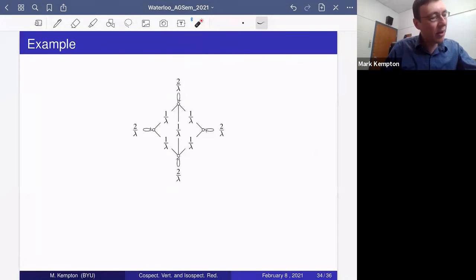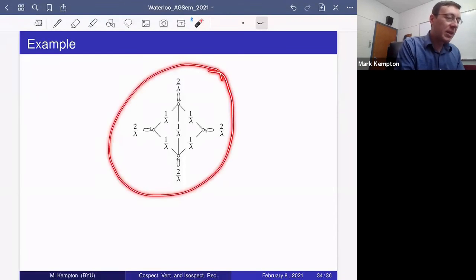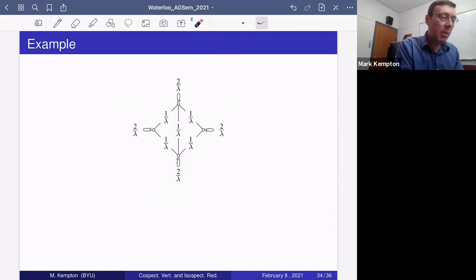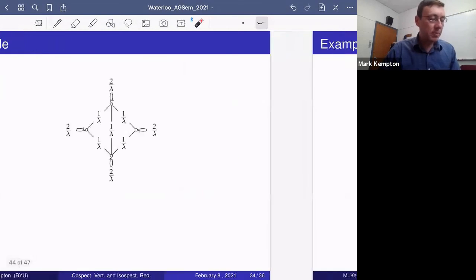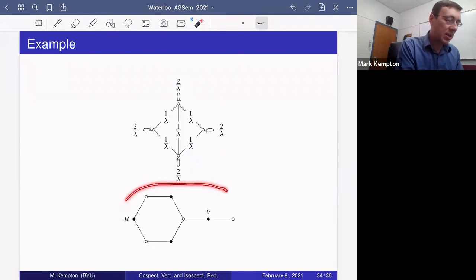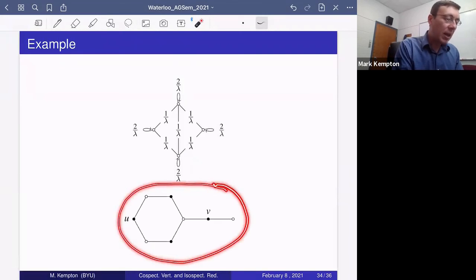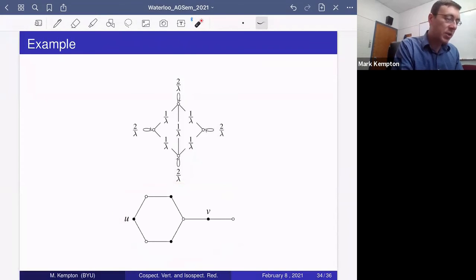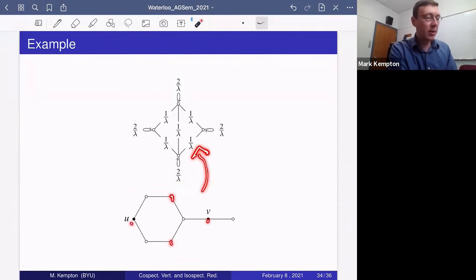Just a couple other examples, and I'll be done fairly quickly. So here's another example of something with some symmetry. Imagine you're starting with this reduced graph. Then you can think through the unfolding of these functions in a kind of similar way and produce a simple graph here. And this graph, reduced down to these 4 black vertices, reduces down to that isospectral